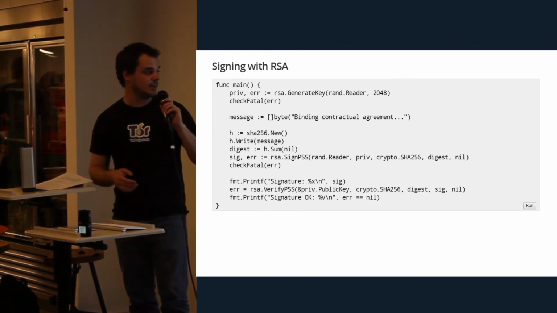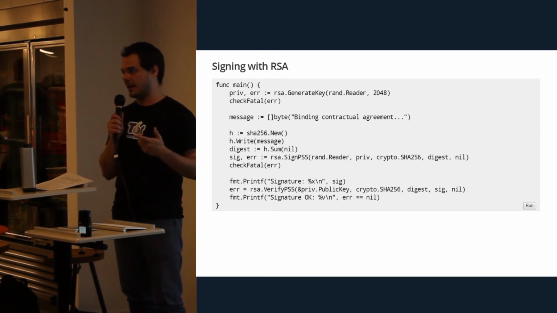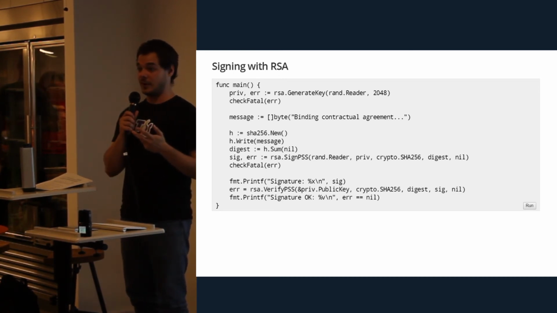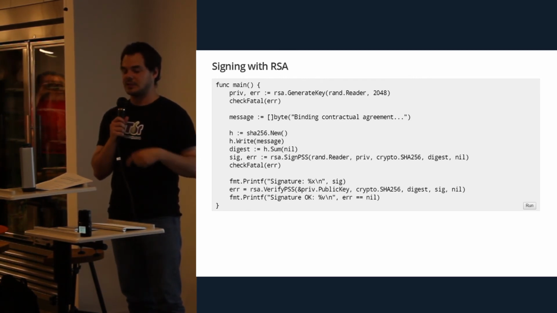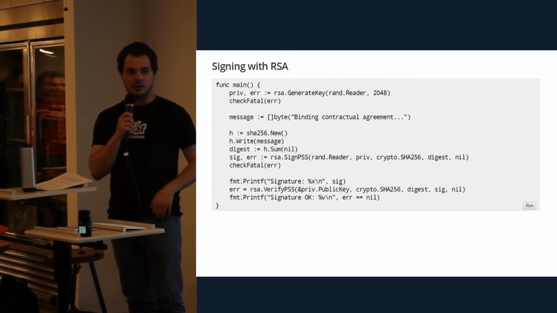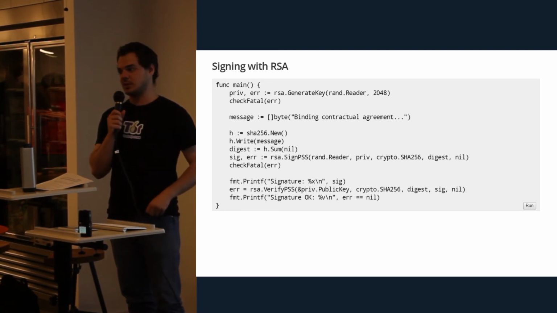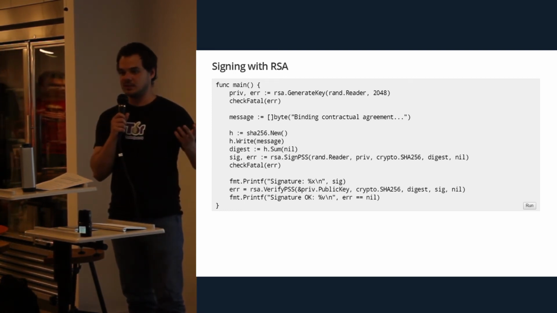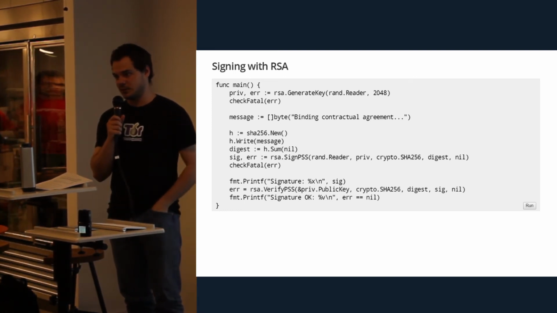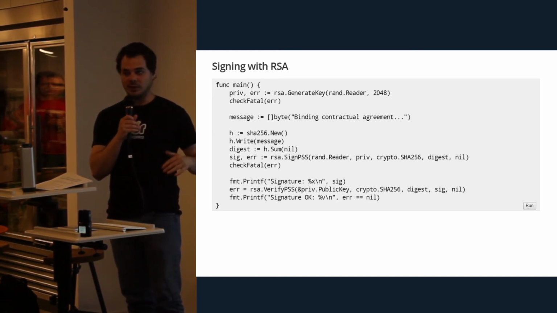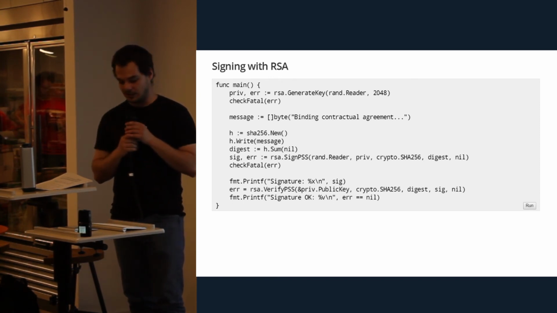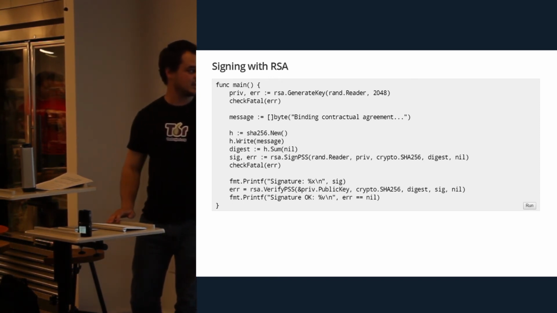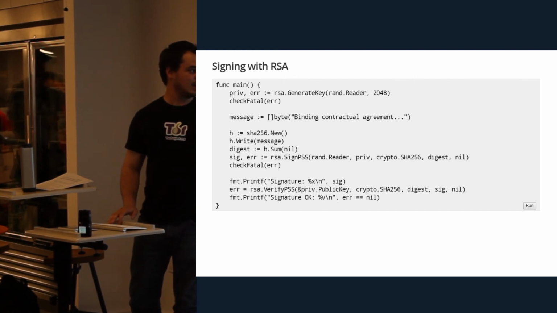Signing is pretty similar. You'll see that in the Go package, there are two ways to sign or verify with RSA: PSS, the Probabilistic Signature Scheme, or PKCS version 1.5. You should use the Probabilistic Signature Scheme, PSS. Use PKCS1 version 1.5 only if the RFC or the spec you're implementing says to use it. There's some math that goes into it, but basically the probabilistic scheme is more secure.